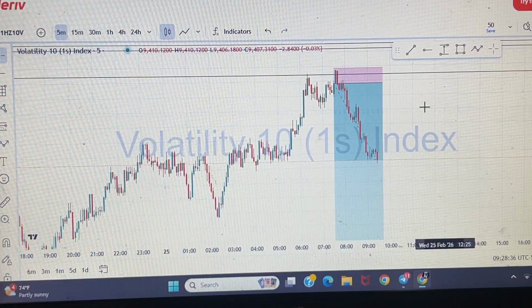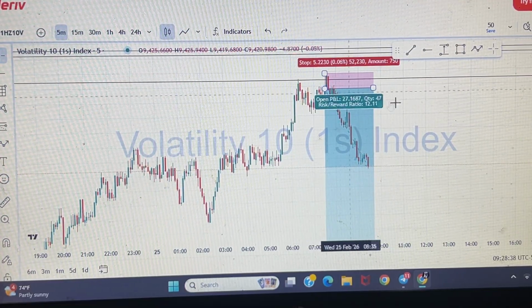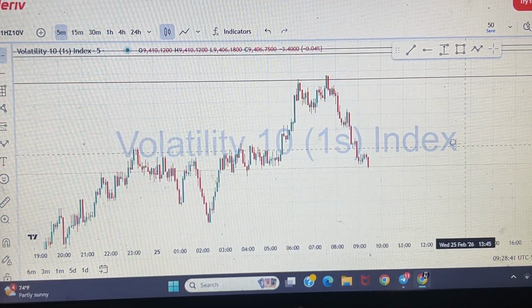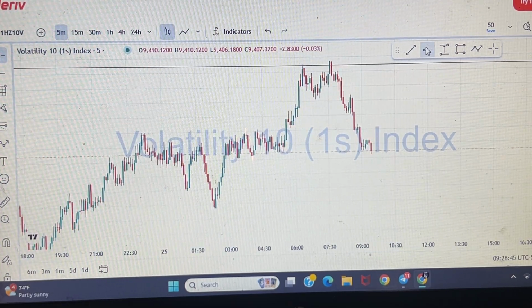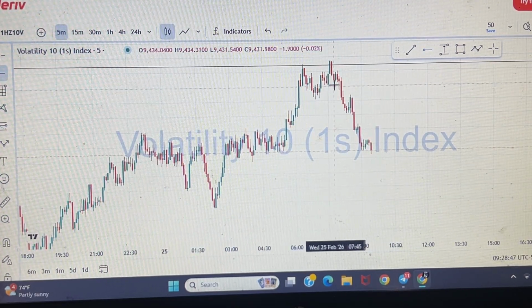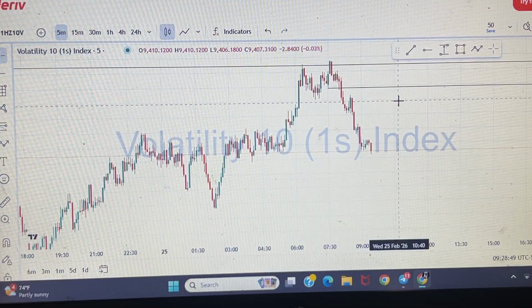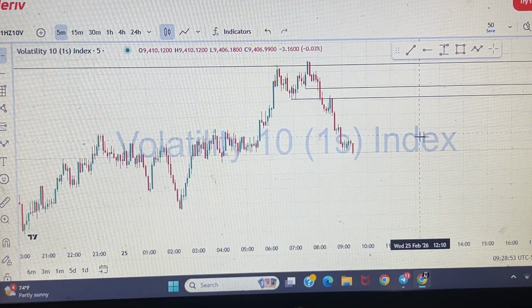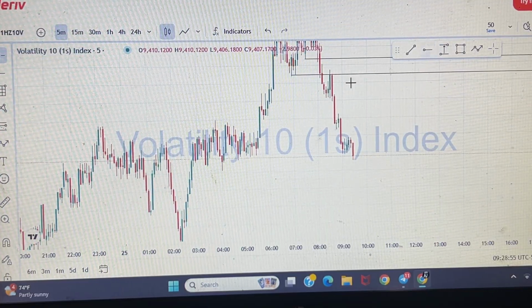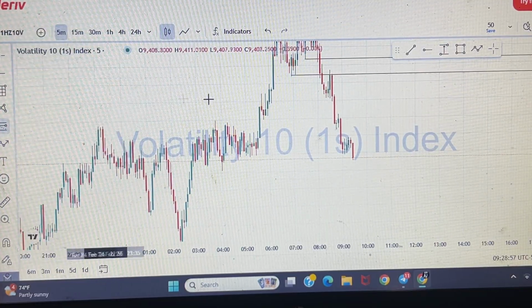And what we could do, say we miss that entry, right? Say boom, I delete off that, and we miss this entry. We have a few structures that we can enter. We could have entered back off if we got this. I would have marked this break and retest structure right there. And as you could see, price respected this one, and we could have entered off this break and retest